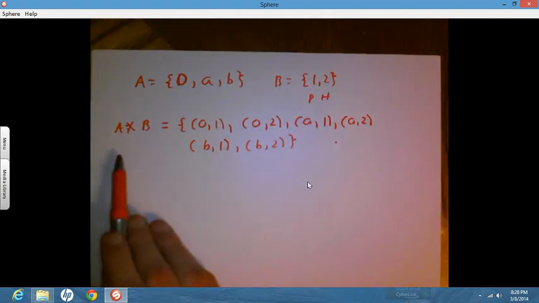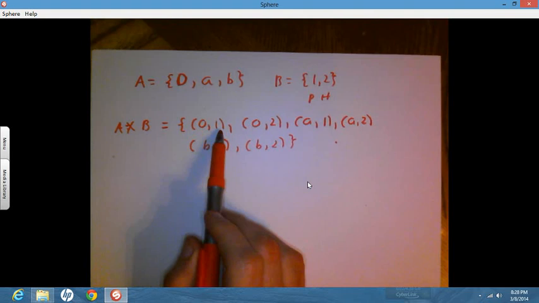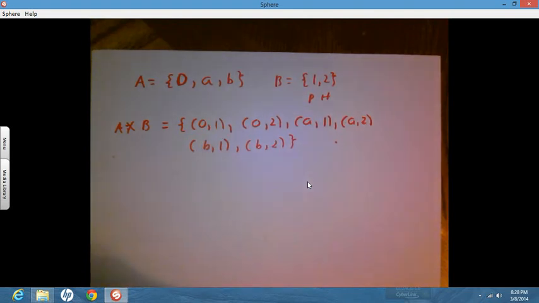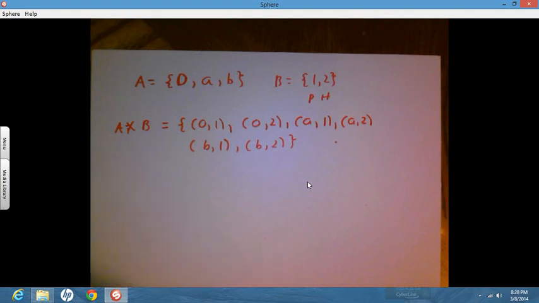So every element in the set is a choice from A and a choice from B, right? Well, why do they have the cross here? I don't know exactly why they have the cross here. Well, yes, we're crossing the sets, but another reason, maybe this is a reason why it's set notation, is